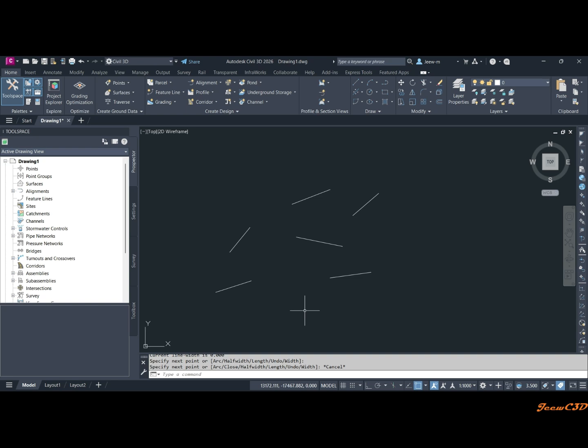In this video, we are going to see how to reselect a previous selected object. So this is how to do it. For example, I am selecting these objects and accidentally I press escape and I forget the selection, or I deselect